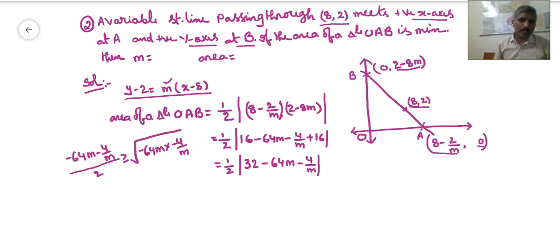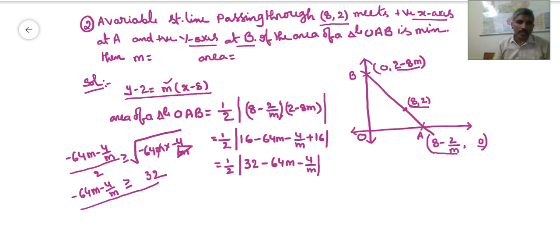As you know, arithmetic mean is always greater than or equal to geometric mean. Right? So with the help of that information we will get minus 64m minus 4 by m is greater than or equal to, here you can check, minus m and m cancel, right? 2. And what about this one? After m cancellation we are getting this value as 32. So minus 64m minus 4 by m is always greater than or equal to 32.